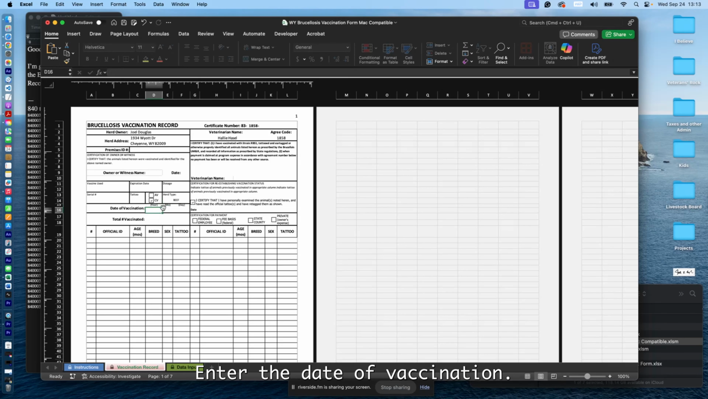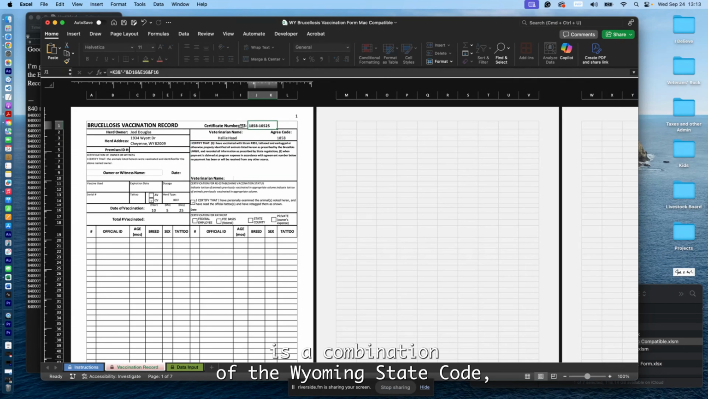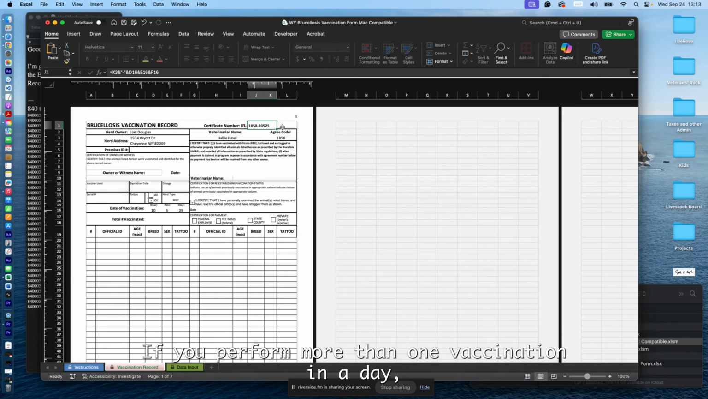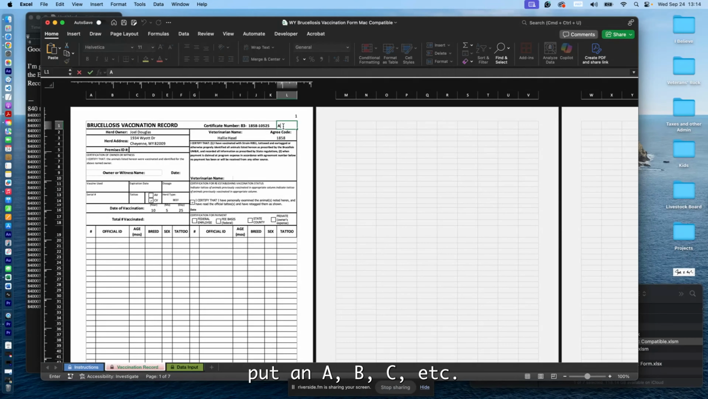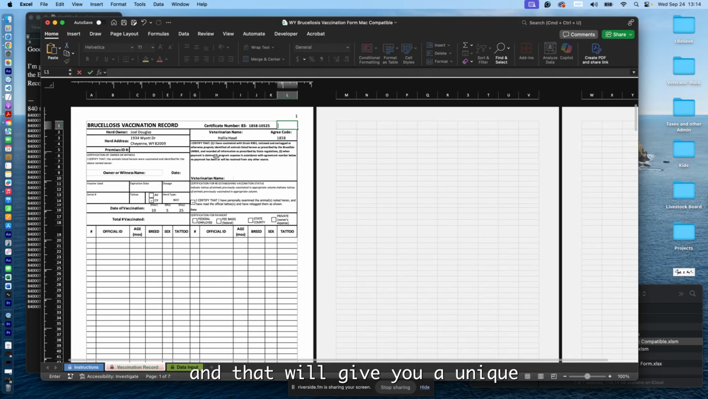Enter the date of vaccination. I'm using October 5th as the example. The certificate number is a combination of the Wyoming state code, the veterinarian's agree code, and the date of vaccination. If you perform more than one vaccination in a day, put an A, B, C, etc. in the cell to the right of certificate number, and that will give you a unique certification number for this